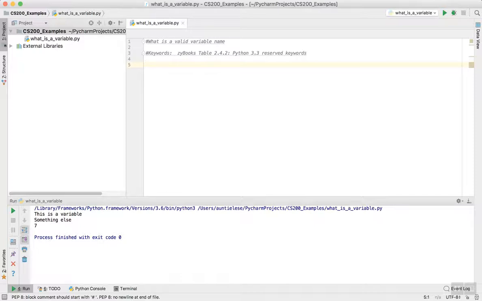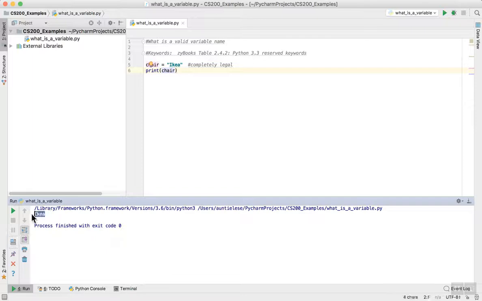First of all, I can name a Python variable anything I want. I can name a Python variable chair and set it equal to the value IKEA. This is completely legal. And I can print chair, and if I run this, I will see the word IKEA comes out. And that's great. That's completely legal. This is a very good variable name. But